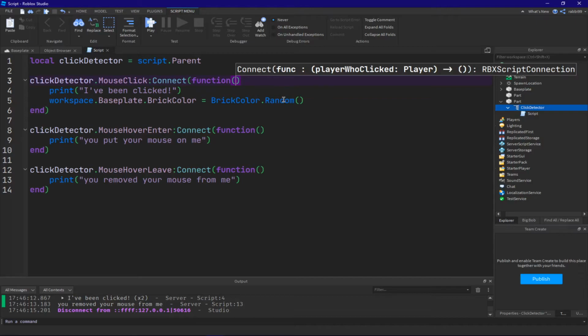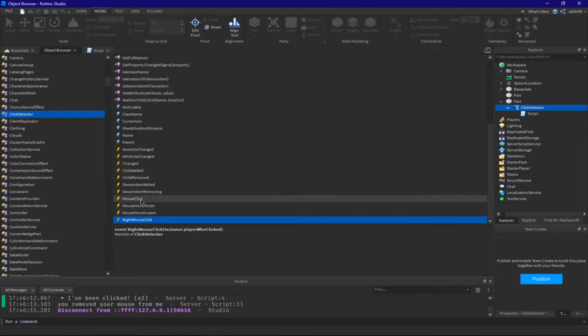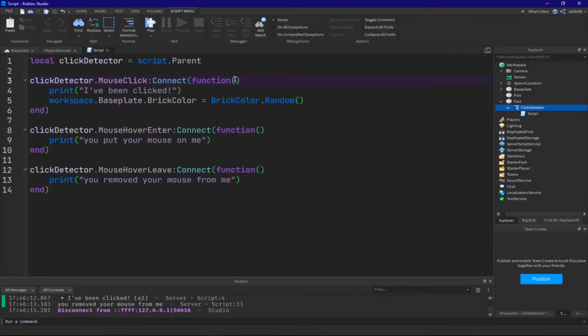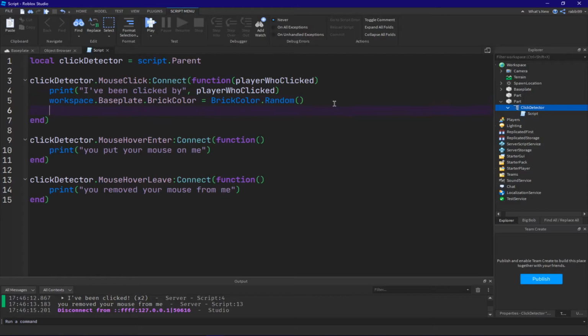You can also check which player touched it. I don't know if you can see this in your script, but we can see here we have connect, here we have the function that we have to give, and we can see here it returns the player who clicked, and it says player here. We can also read that from here: mouse click, player who clicked. So when we do that, we can say I've been clicked by player who clicked, and we can say